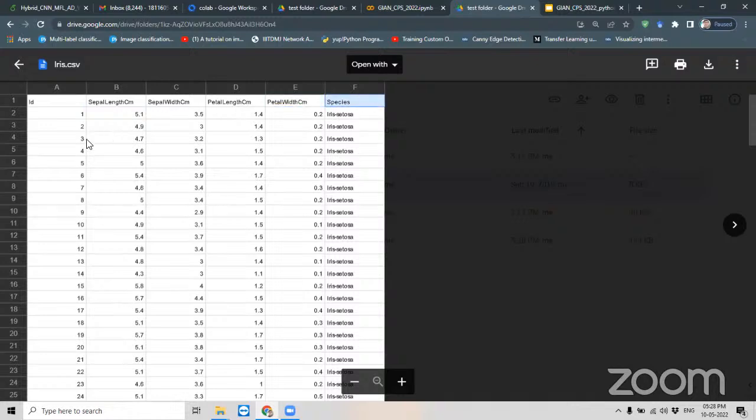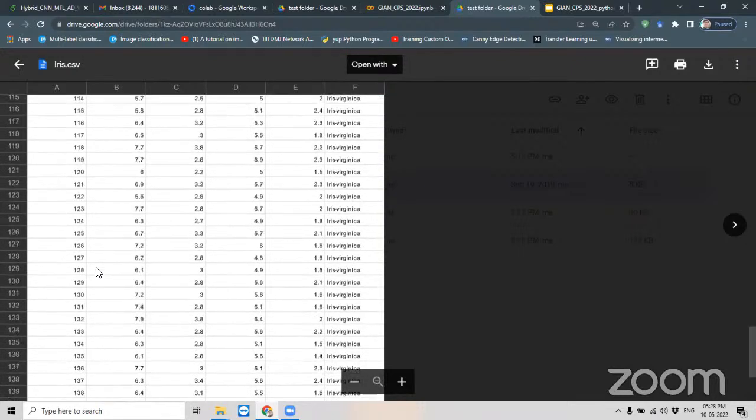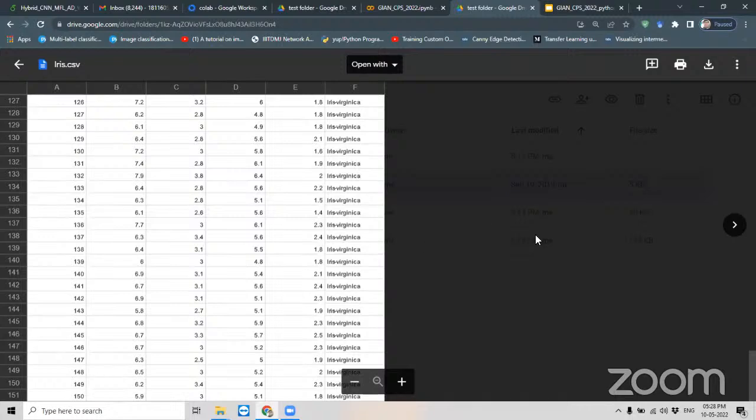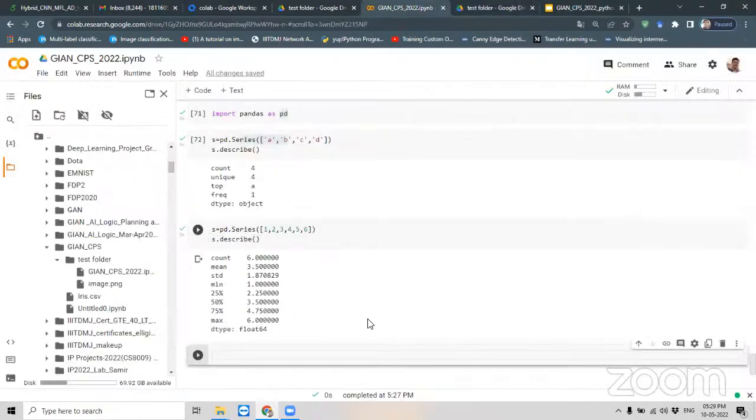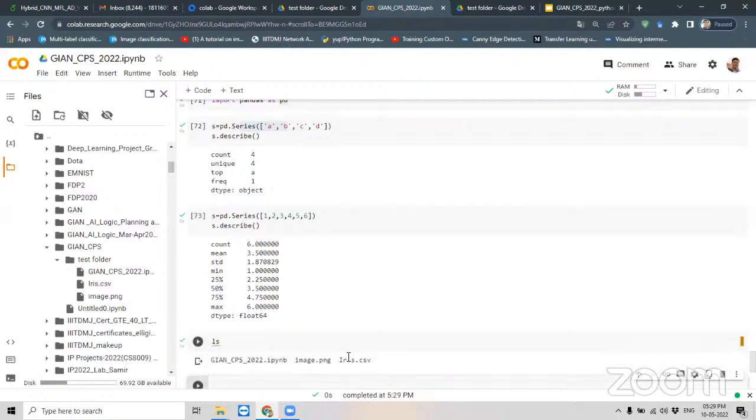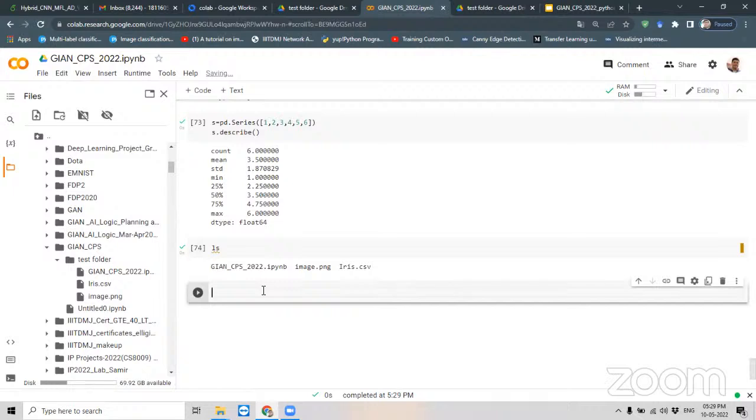So it is the iris data set, which contains 150 samples. The first row says what defines each value: sepal length, sepal width, petal length, and petal width, and this is the class, species, like what flower this is. Now I just want to read this CSV file. So how can I do that? I'm checking whether this file is visible or not. Yes, iris.csv is visible. So df equals data frame equals pd.read_csv,